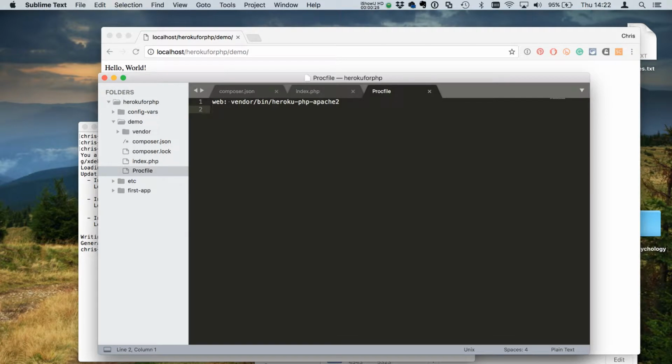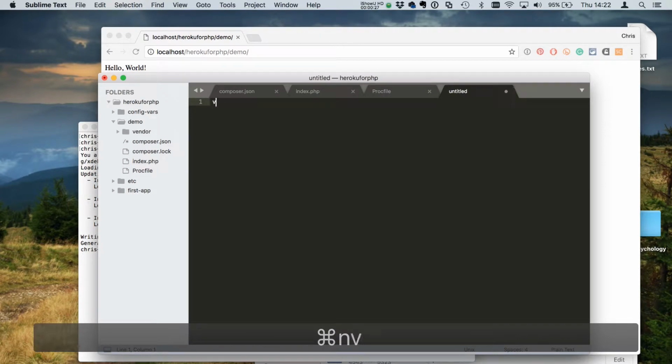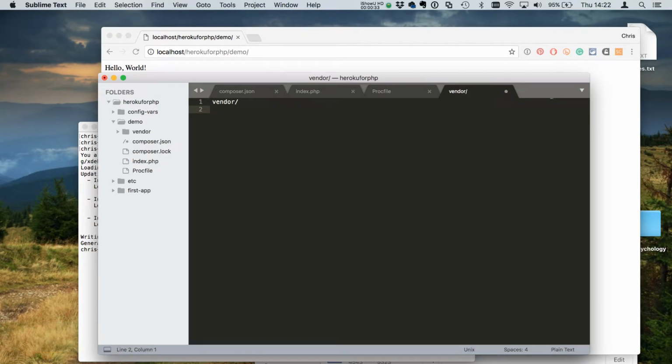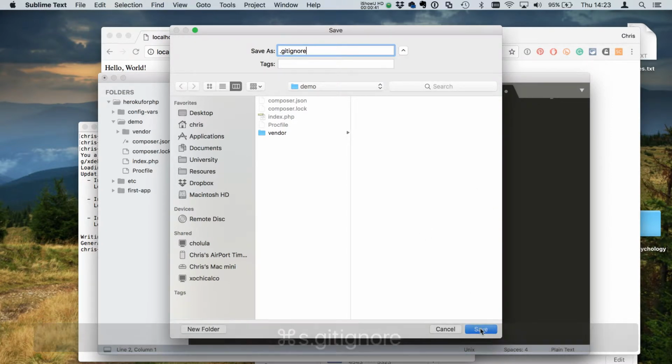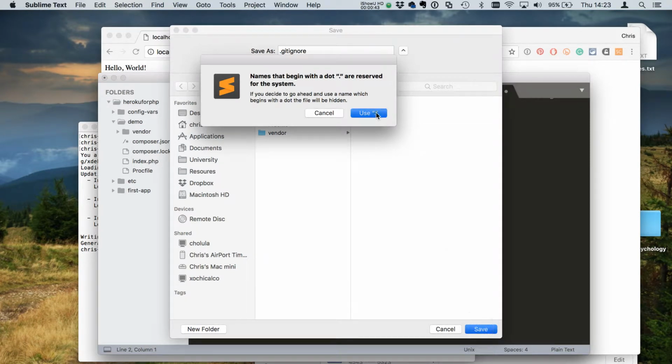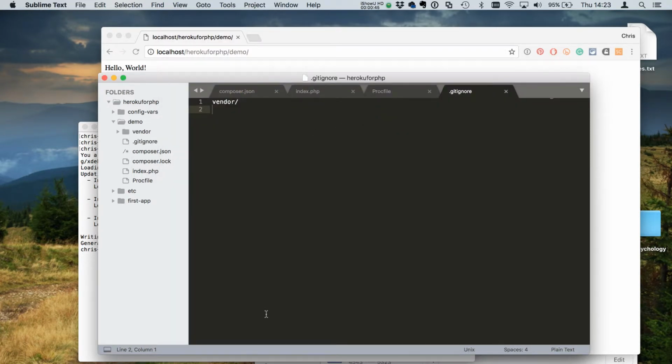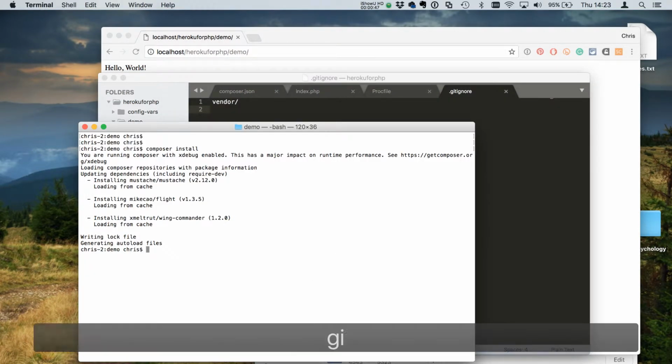So first off, let's start by creating our git ignore file, which will tell Git not to save the stuff in vendor, because when we push it up to Heroku, Heroku will do all the stuff in the cloud. So we'll tell it to ignore vendor, and we'll create our git ignore file. Great. And then if we go over to the command line, we'll create a new Git repo, and then we